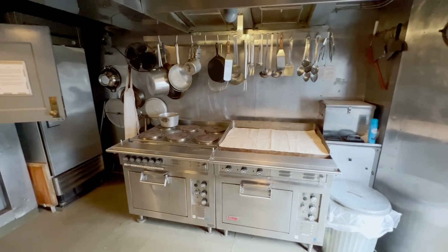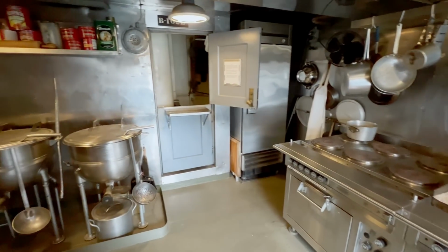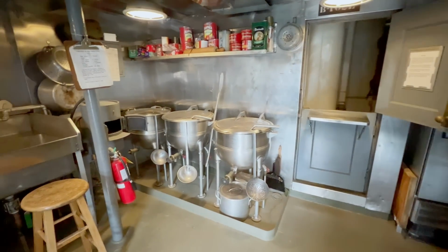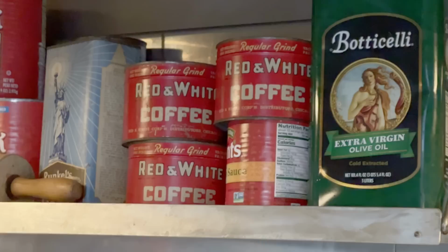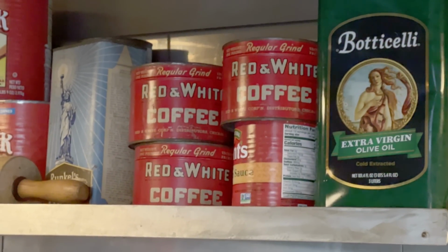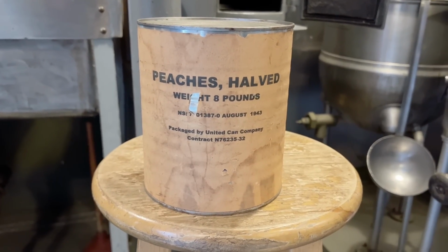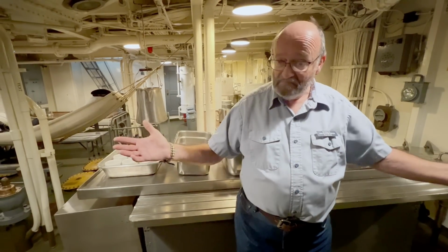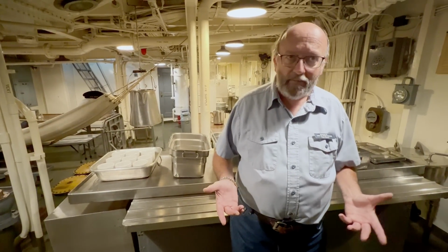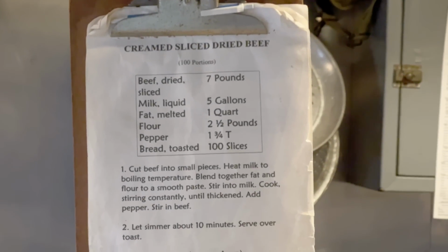I tell people that, let's have a moment of sympathy for the cooks. This is like running a restaurant. When we come into port, they're going to ask the supply officer to get them certain things, whatever. But if the port doesn't have them, the supply officer doesn't get them. The port's responsibility is to give the ship enough food for it to complete its next mission. So the cooks then have to take this buffet of food of all different types and kinds,